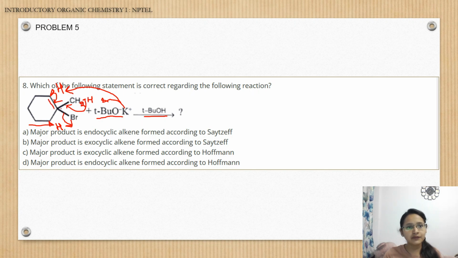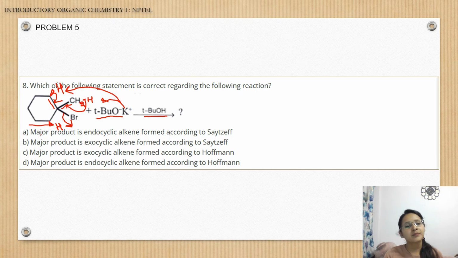Either this alkene will get formed or an exocyclic double bond will get formed, right? There are two possibilities that would be getting formed, right? Is it understood why these two possibilities are there? How come these two possibilities are there? Yeah. So if there are two possibilities which can occur in this scenario, now coming to the options, what